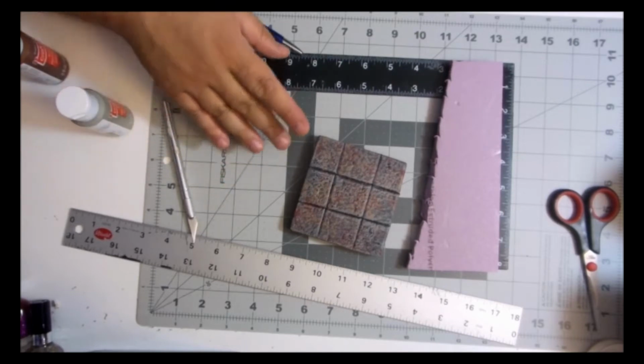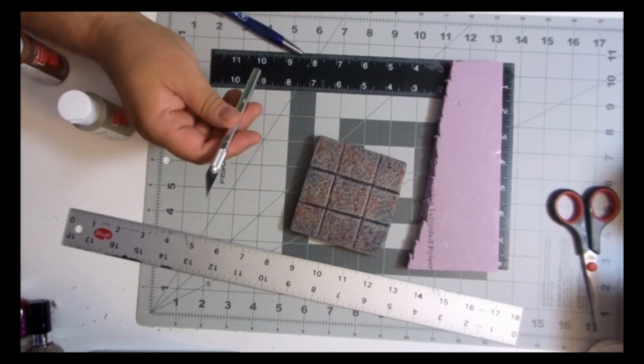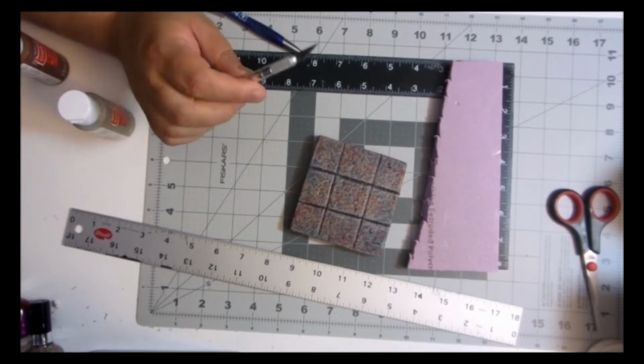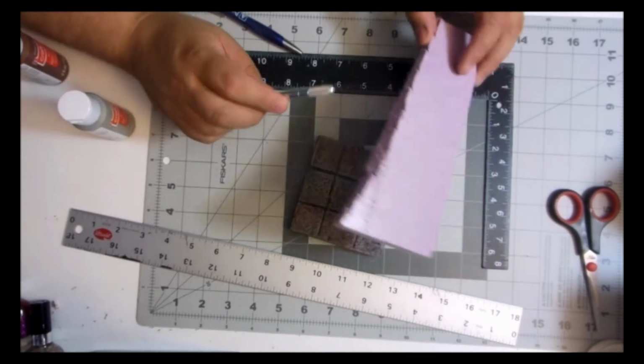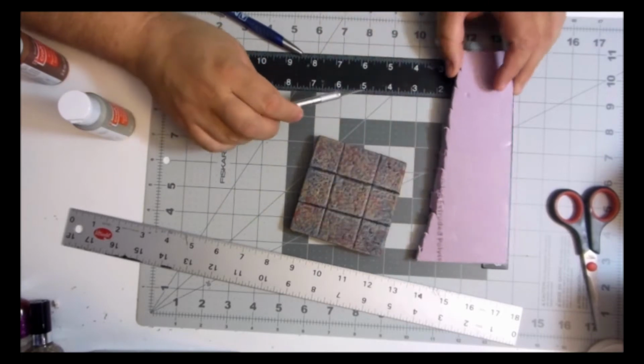Now, other than the foam, you're going to need a few other basic supplies. You're going to want a sharp razor knife. I suggest an X-Acto, but have spare blades because foam will dull this quickly. And when you get a dull blade, you'll get this pitting and tearing, and it just really doesn't look